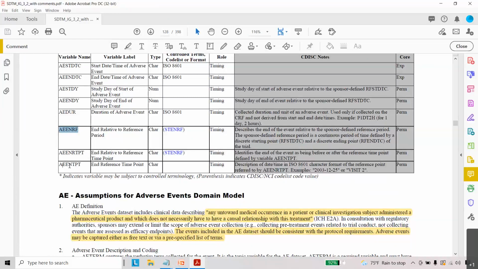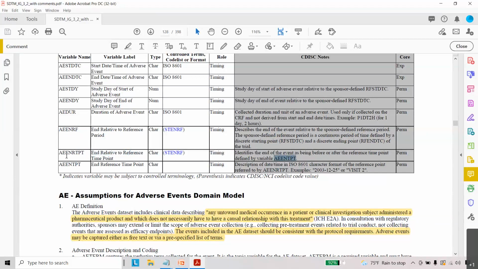So based on AEENTPT, we will determine the values for AEENRTPT. That's why you can see end relative to reference time point. It identifies the end of the event before or after the reference time point defined by AEENTPT.